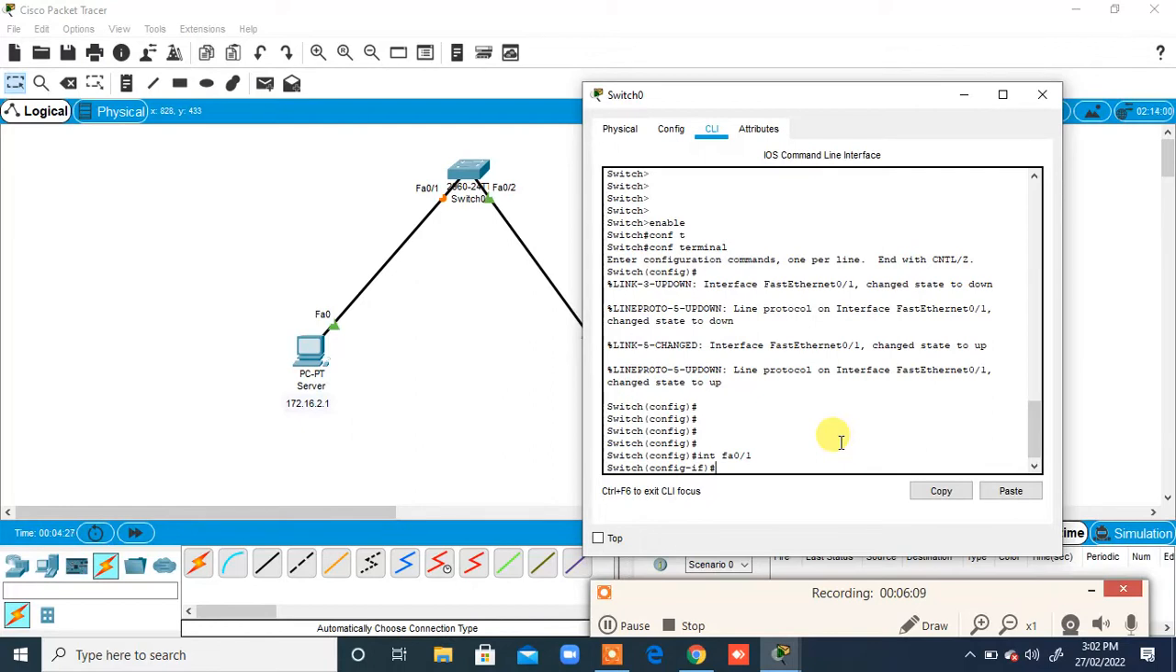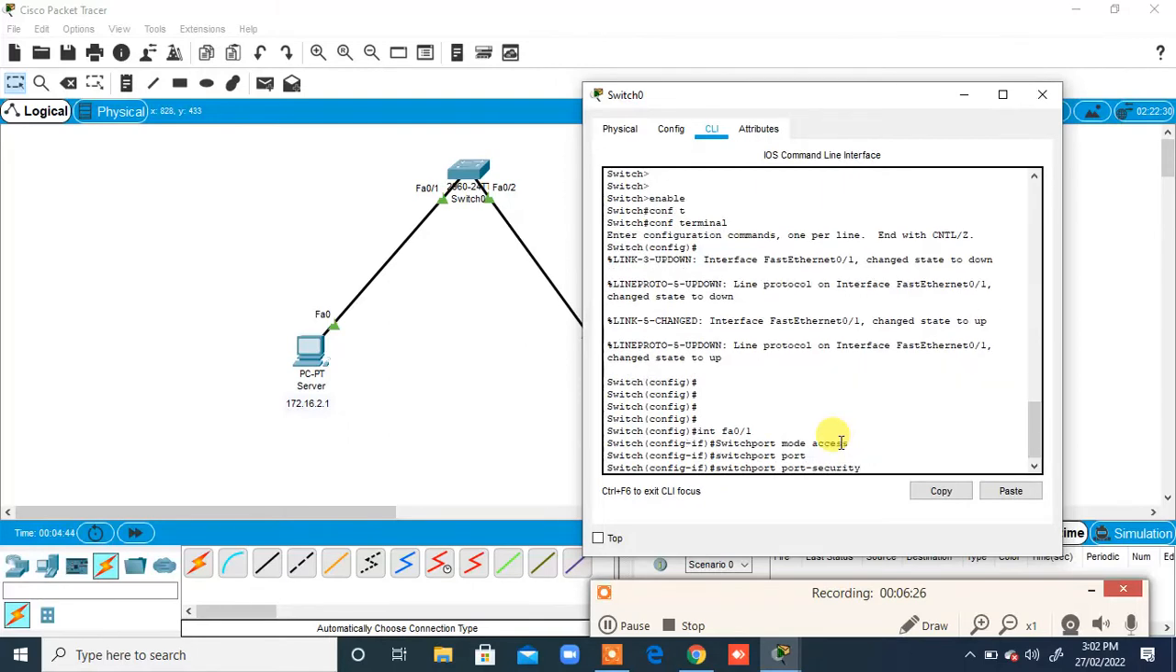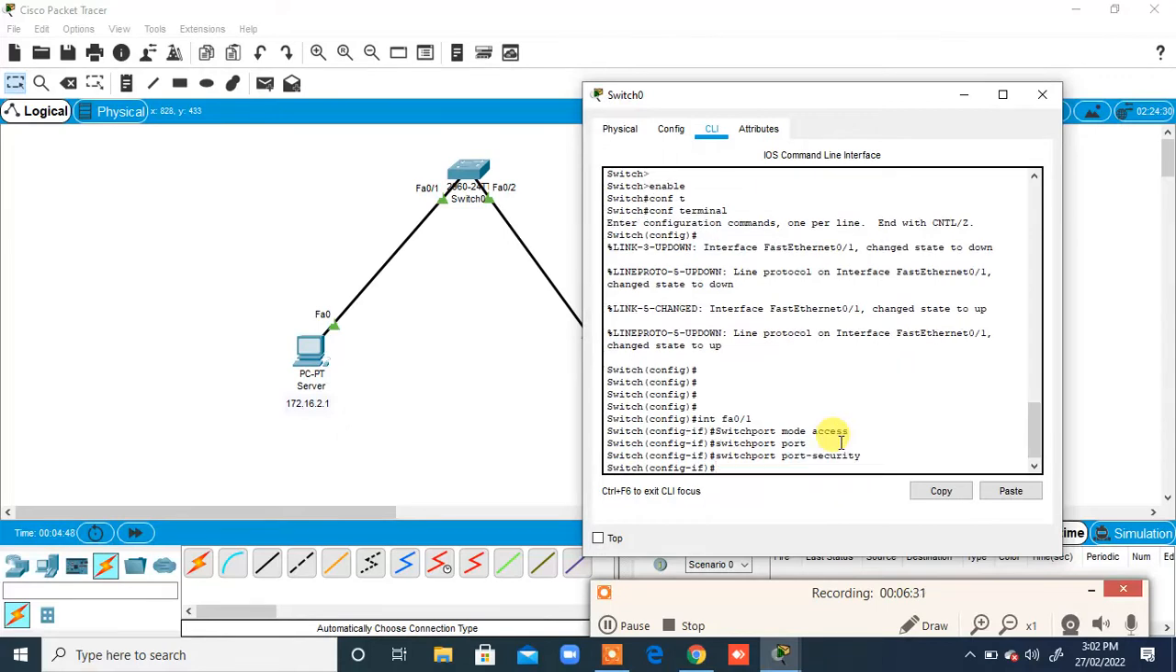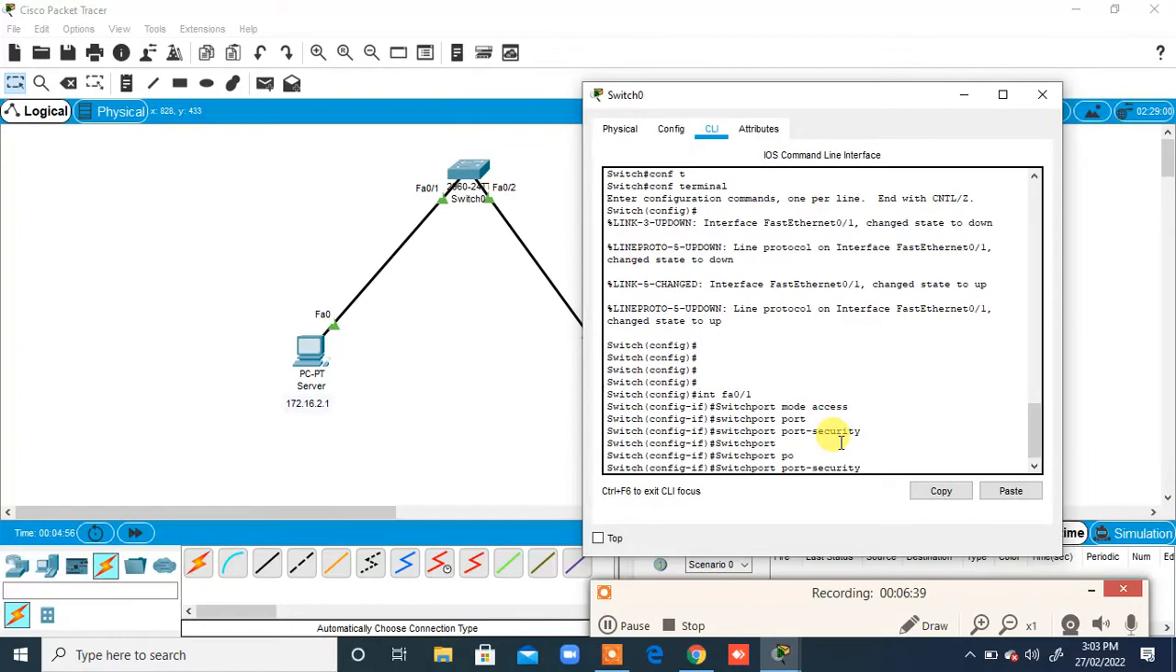So first of all, what we have to do is make it an access mode. So switchport mode access, right? Now we'll have to run this command also, switchport port-security, and then enter, right? Now what we have to do, switchport port-security,